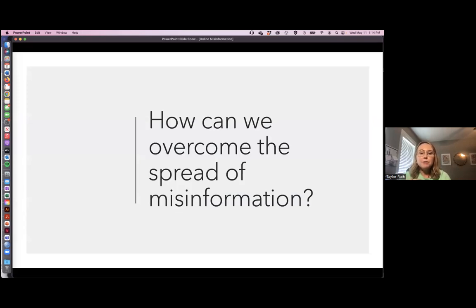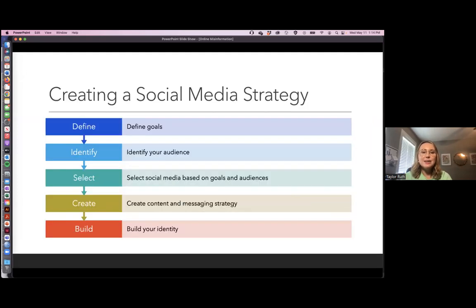So how can we overcome the spread of misinformation? I'm actually just going to hop into my next little set of slides here as best practices, because we've had such a great conversation. This time is going by very fast. But I want to talk about how we can overcome that misinformation, strategies we can use, especially when engaging on social media. So when we are engaging online, we want to make sure we're doing a few things so it's not just a haphazard online communication to see what happens.